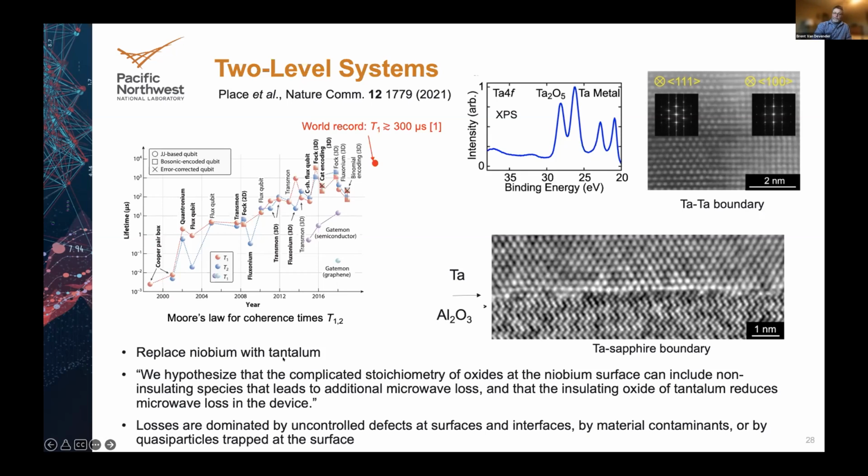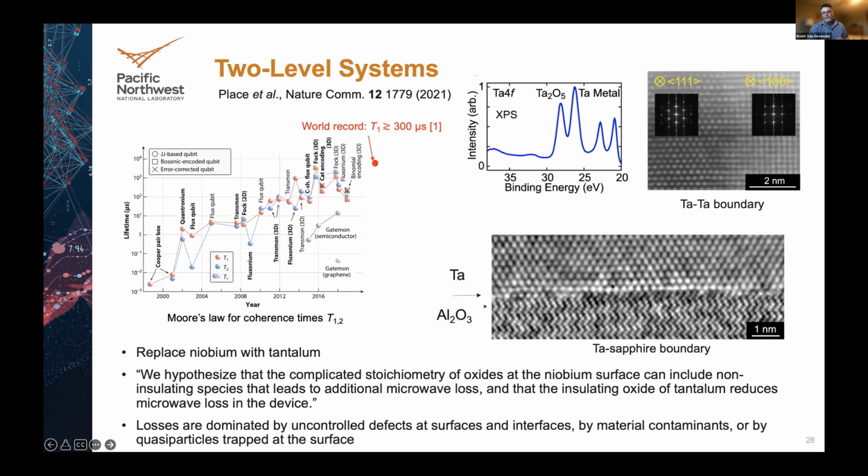The hypothesis is that niobium has a very complicated oxide that it can form on its surface. And in particular, the ground state of those oxides are very closely spaced with first excited states. It can tunnel between them. We call that a two-level system. And that effectively acts like a qubit itself. And it's a thing that can exchange energy with your qubit and cause it to collapse its state. And so their hypothesis is that by simplifying that oxide, they have increased the coherence time.